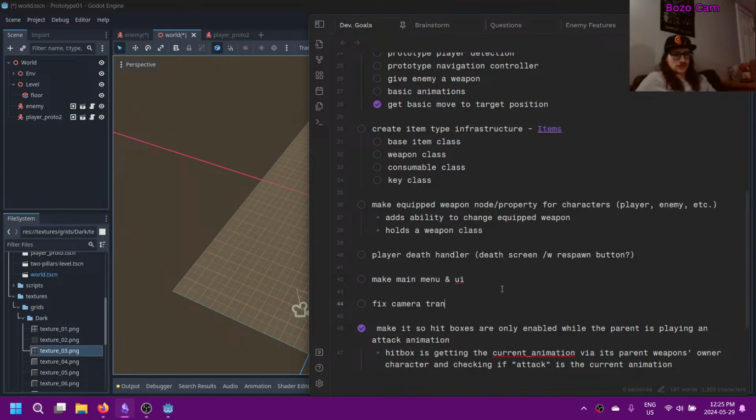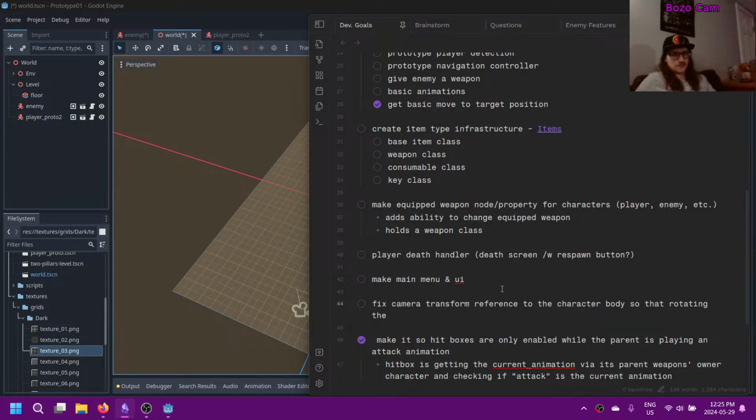Camera transform. Reference to the body so that rotating the scene and the level doesn't mess with the